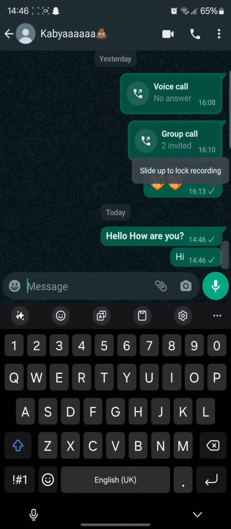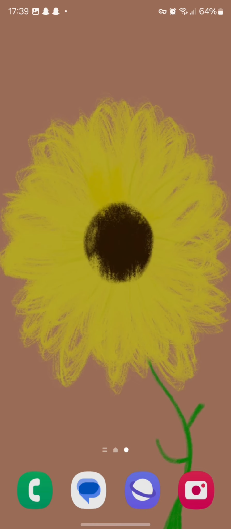This is the internal system that WhatsApp has created, so you can see the difference between the bold